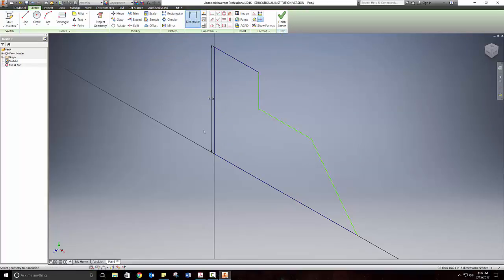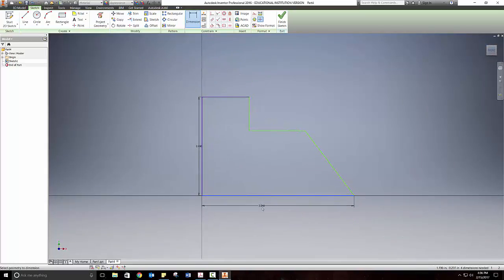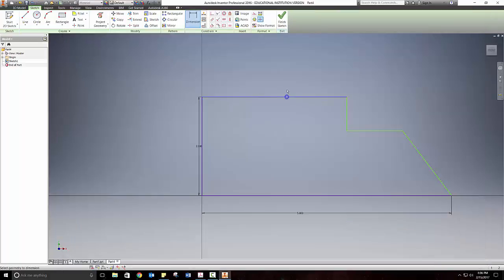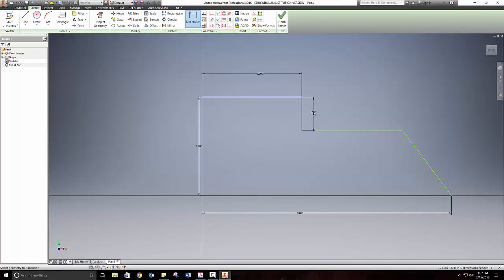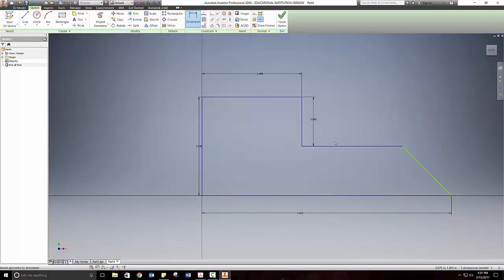Now, let's click on my dimension tool and go back to my front view. And I have 2 inches here, so let's do the rest of this. Let's do 5. I know it's supposed to be 5. Let's click back over here. How big is that top piece? This piece right here is 2. So let's click here and go 2. Click it again. This piece right here, how big is that supposed to be? Let's take a look. 1. So let's click 1. That's 1 right there. And then this piece right here, let's take a look, is 2. So I just click 2,